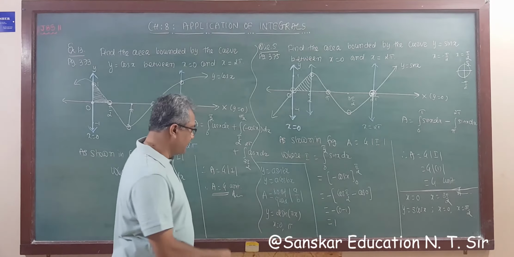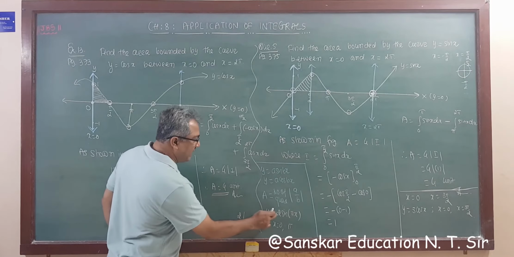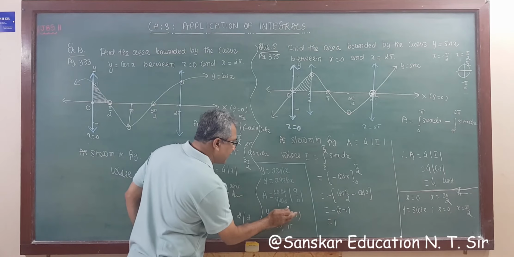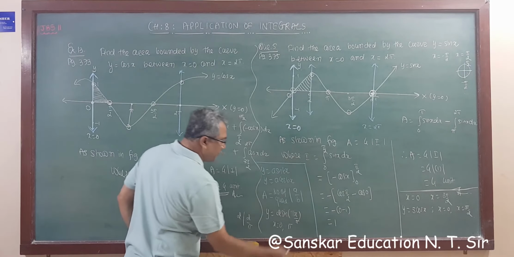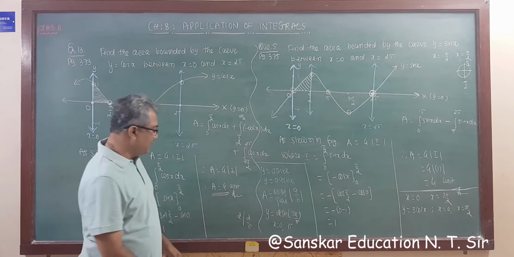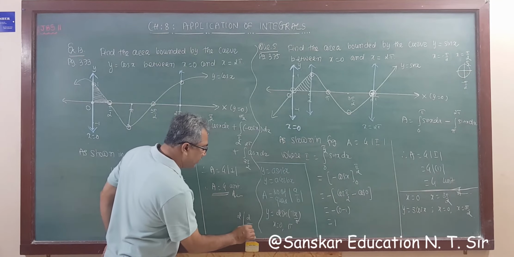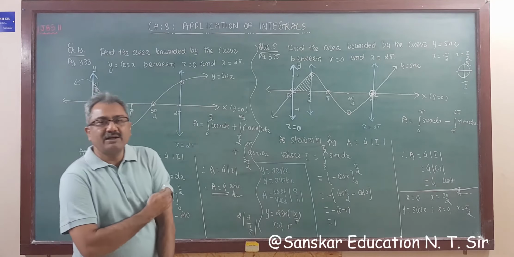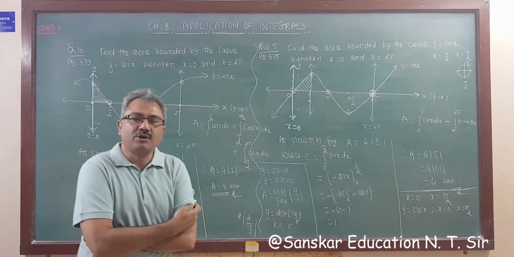2 quadrants. So the number of quadrants is 2, and a upon b is 2 upon pi. Sometimes they give x upon pi also. Suppose it is x upon pi, right? So this is 1 upon pi, right? Then the answer will be 4 pi. So according to that you have to make a change. Got it?